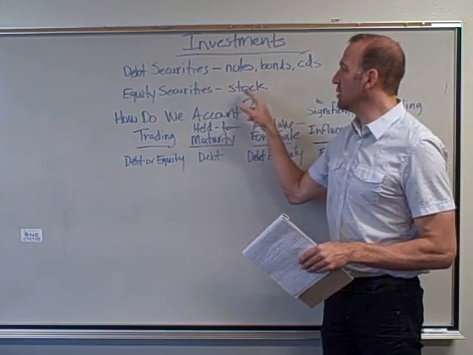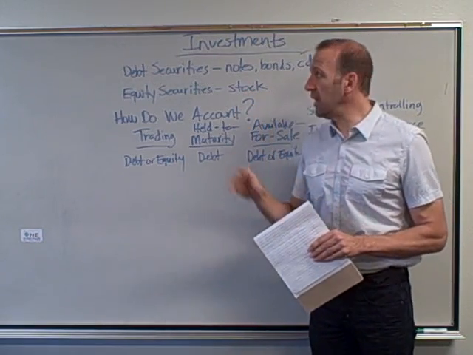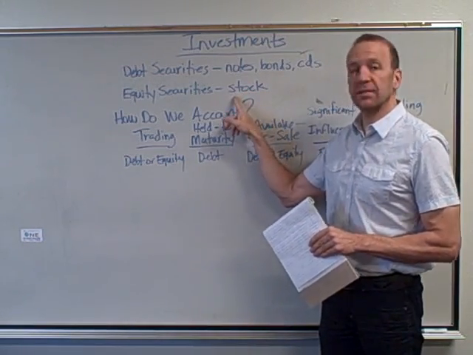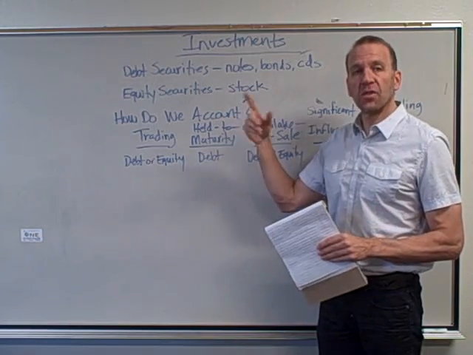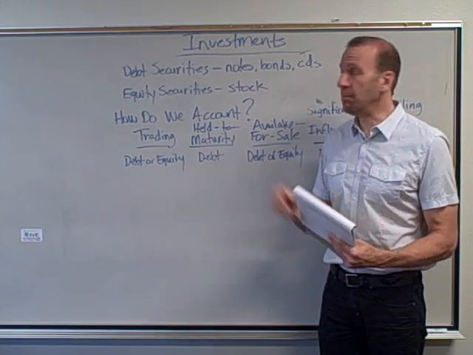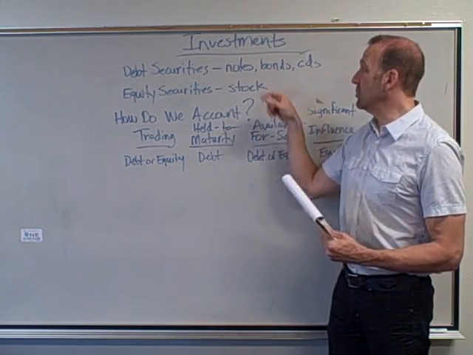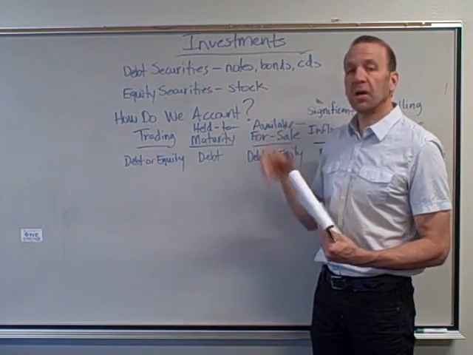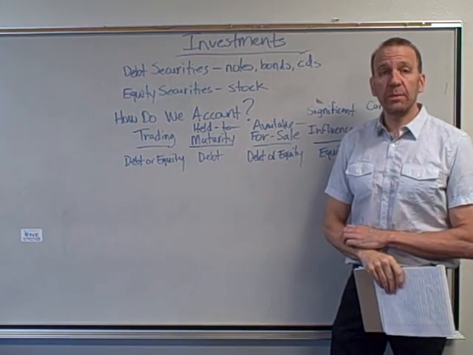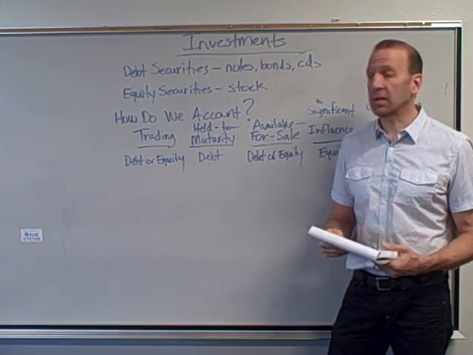With equity, this is when we're purchasing stock. We're purchasing ownership in a company. We'd be paying cash for this, and we'd get the stock, so it would be an investment. Over the life, we won't get the money back unless we sell the stock, because it doesn't mature. Debt securities typically mature. All these items do mature. Equity securities aren't going to mature, but you will be receiving dividends periodically. Instead of interest, you receive dividends periodically.